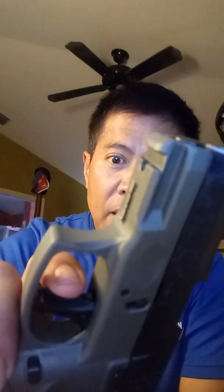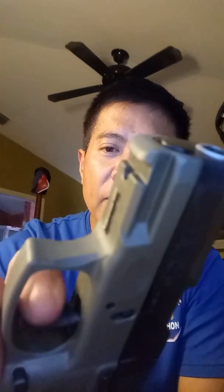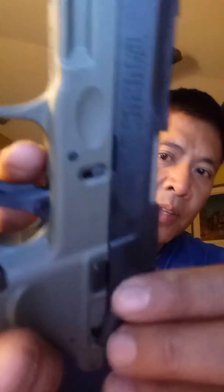If you are going to put it on safety, make sure your finger is not on the trigger. So engage the safety. There we go. And this will go halfway. Okay, but it will not fire. Halfway, it will not go all the way. If I take the safety out, it will fire. Okay? Now, the reason why I have this video is if you press your trigger halfway, let's